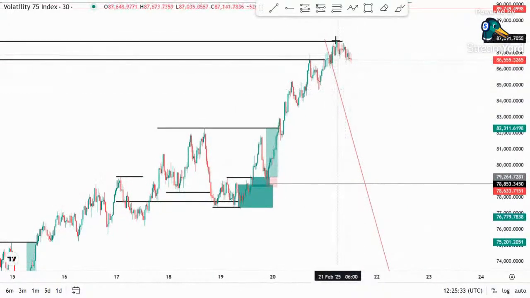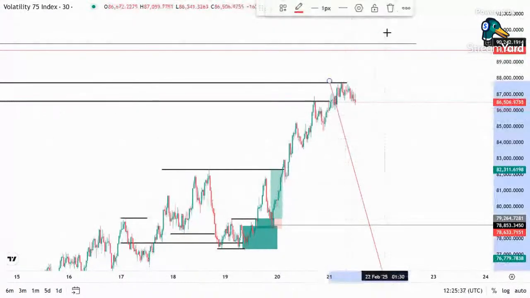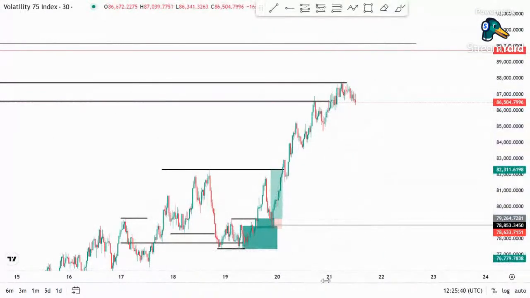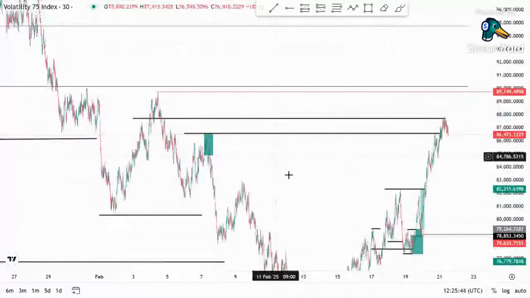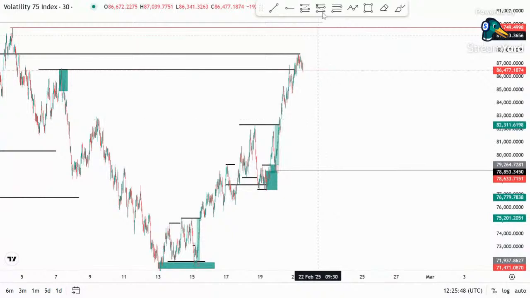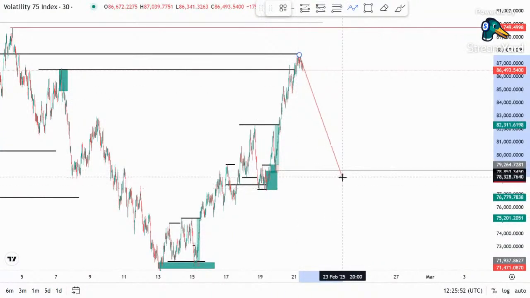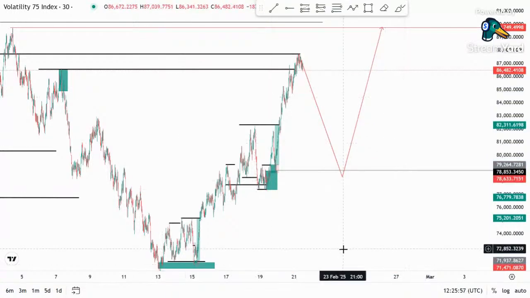But if you look at this, you see that the momentum is not high, so I'm not seeing this sell happening. I'm not seeing this sell happening because the momentum of these sellers is not high yet. So I think this place will be taken out. So just keep your fingers crossed on this. Once price comes down, even if below this point, let's still look for buys to take out this level. So that's what I'm expecting for